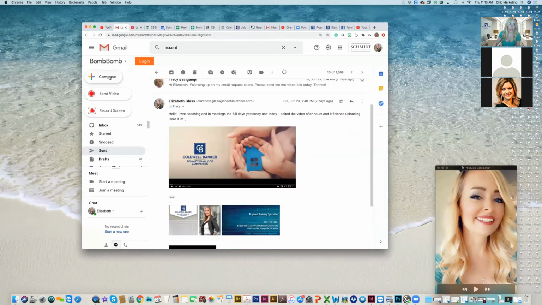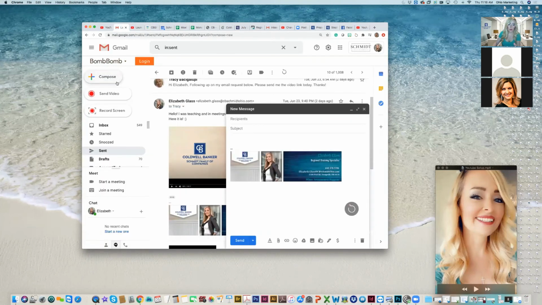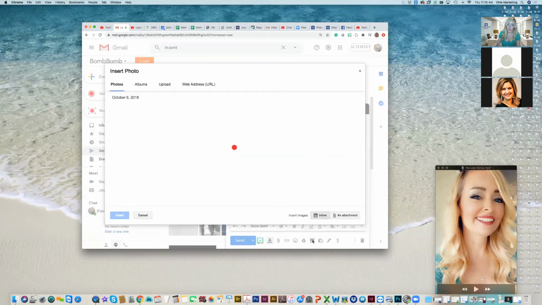Now, how I did that in my email is I clicked compose like I was going to write it. And just like in Microsoft Word or any type of platform you have, there are options to put text and options to add an attachment. But if I want a picture to show up in here, I'm going to click on the photo icon where it says insert photo. Whenever I teach people this, they're like, oh my gosh, mind blowing, they didn't realize they could do this. This is how we do so much in email format.